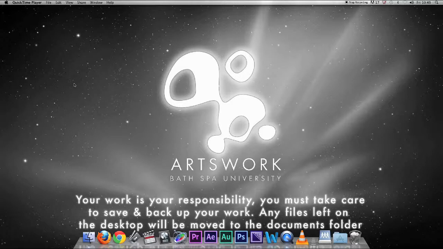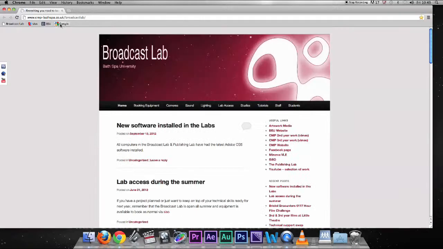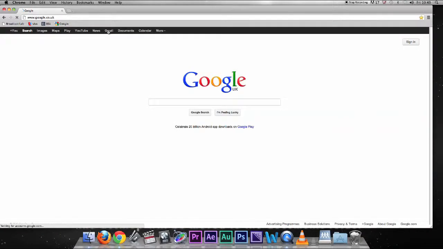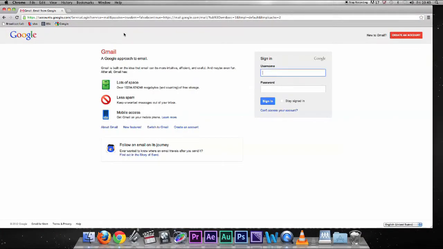The application we're going to be using is called Blogger and is part of the Google Apps package, which you should be familiar with because you've been using Google for your email account. So if we go to an internet browser page and we go to Google and then Gmail and we enter our account details and our password,